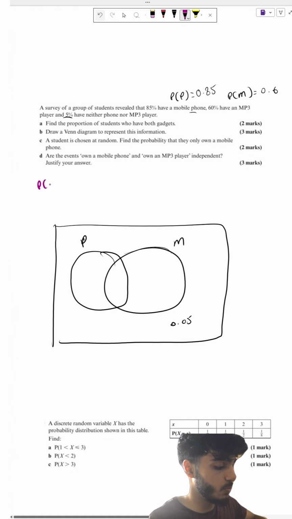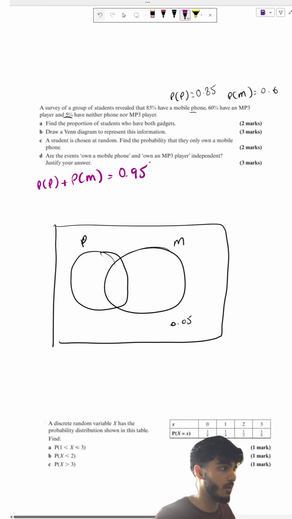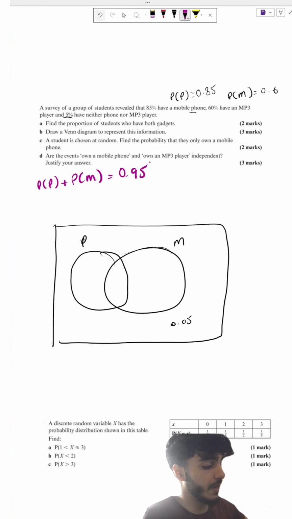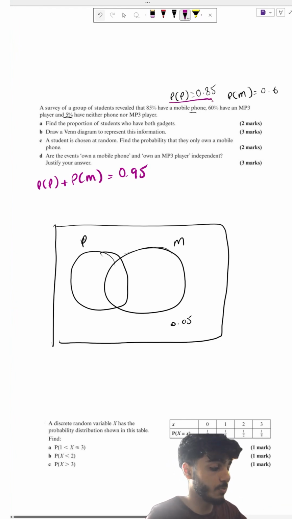So when you add the two circles together, the probability, you get 0.95. Okay? Now we can do some elimination. We know the fact that the probability of the phone is 0.85. So the probability of just the mobile,